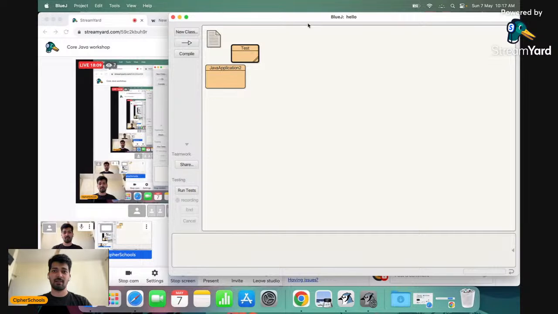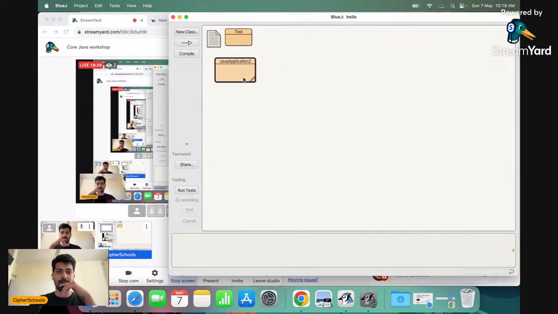Particularly IDEs, if you talk about, let's say, BlueJ for that matter, it comes pre-installed with the dependencies. Let's say JDK is one such dependency which needs to be present in your system in order to run Java codes. So this is completely like a package which will help you without being worried about installing some extra stuff or dependencies, just simply write a code, right? So this is an IDE, right?